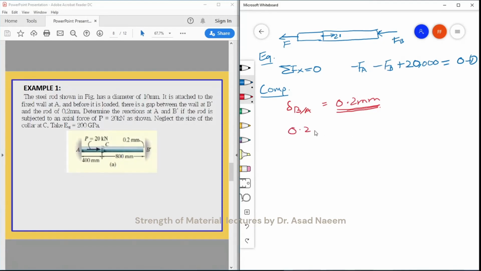So 0.2 equal to delta AC plus delta BC, and we know that we can use the formula for delta, which is FA into length over AE plus FB into length